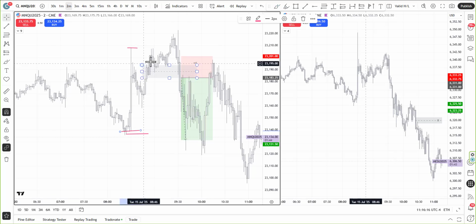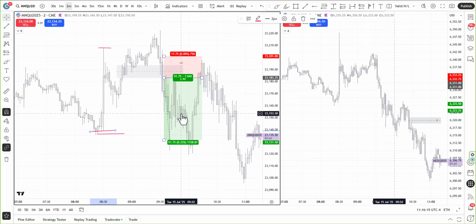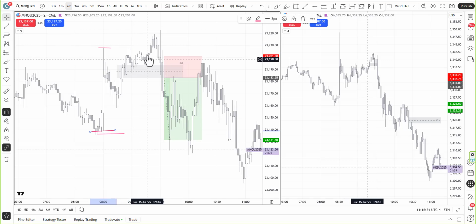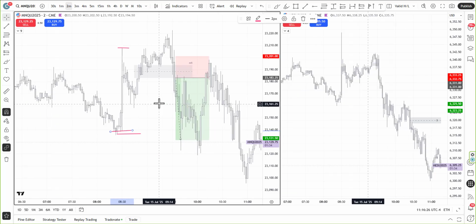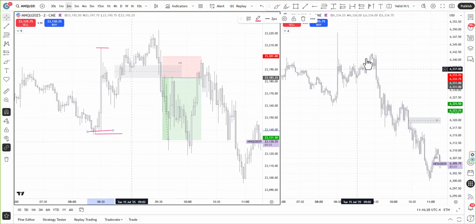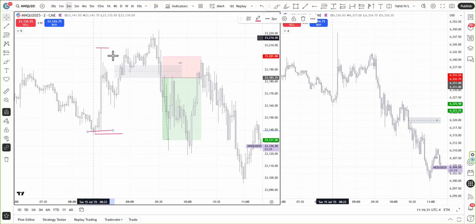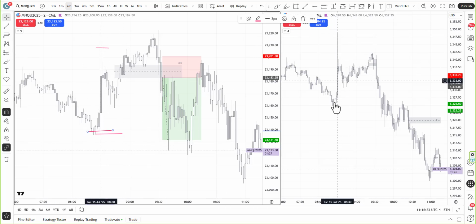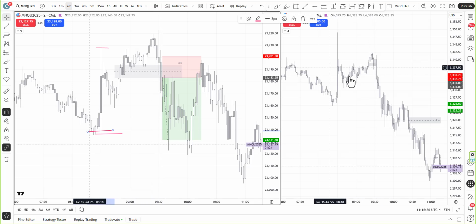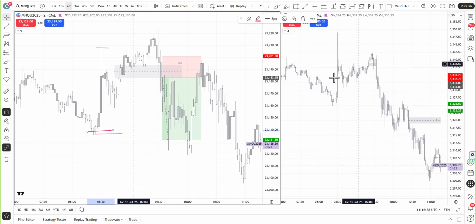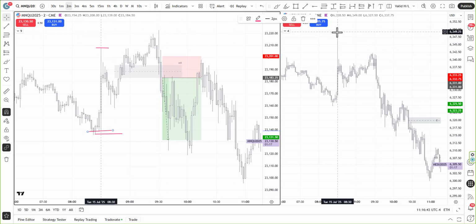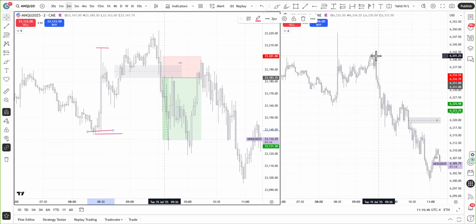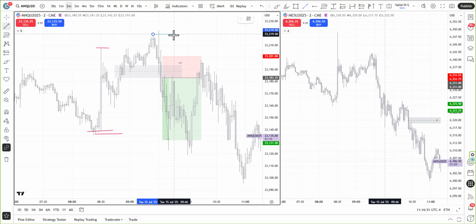So what happened? Price was chopping, not giving too much of a solid move. Here price opened in this wick, and of course we're ranging in all-time high territory. This wick was actually occurring over here. So the data high was immediately more bearish, showing more bearish price action. There was a higher high on that wick for MNQ and a lower high for ES on that wick, especially taking into account this manipulation.